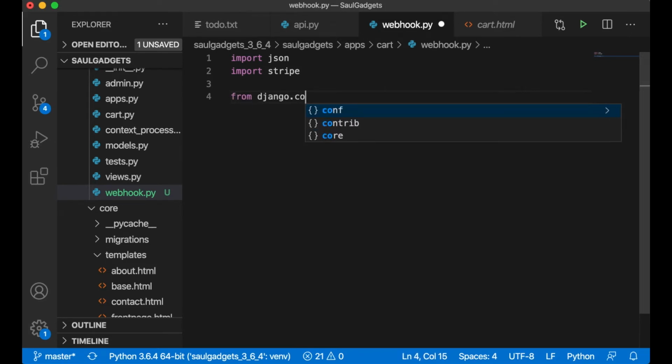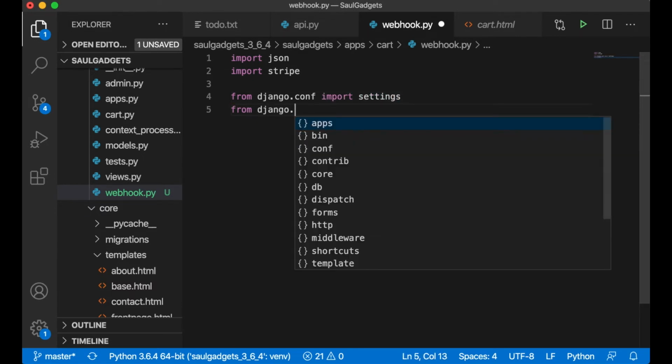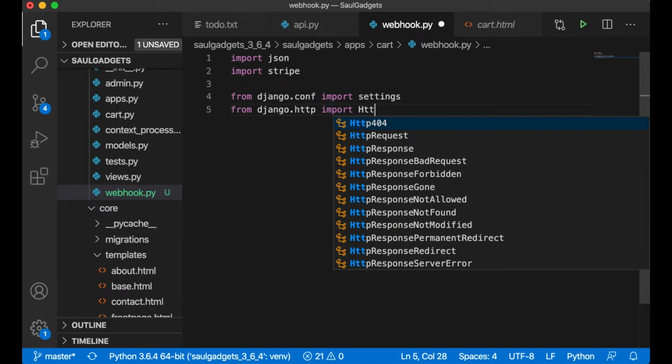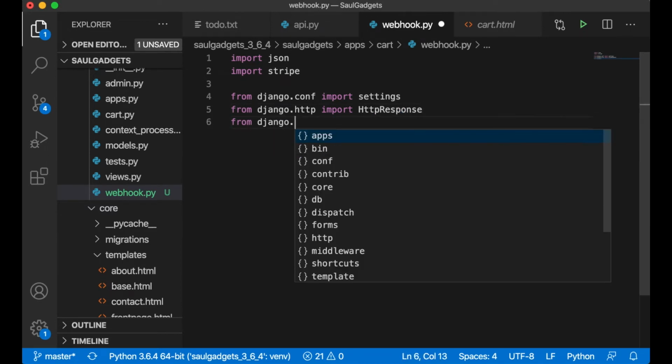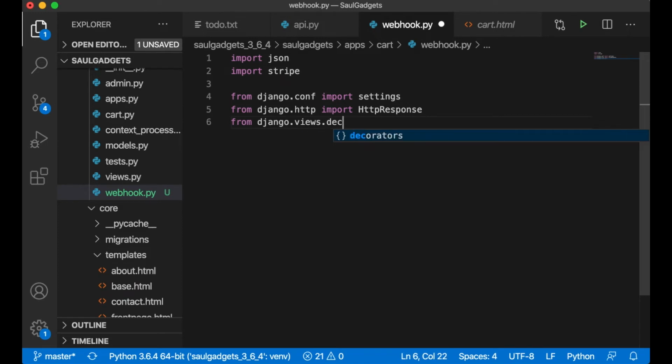From django.conf import settings, from django.http import HttpResponse, from django.views.decorators.csrf import csrf_exempt, because I can't control this from Stripe. And I need to import the cart